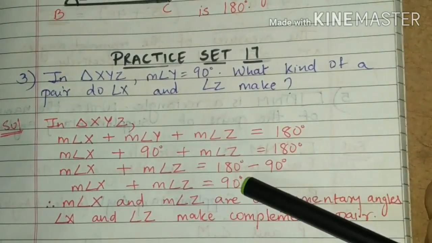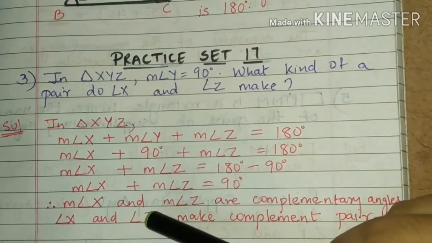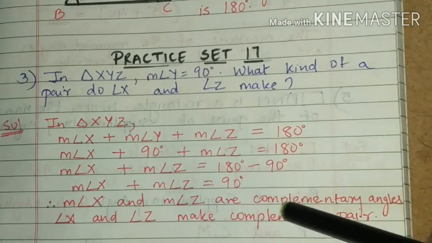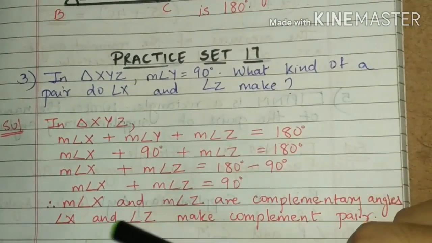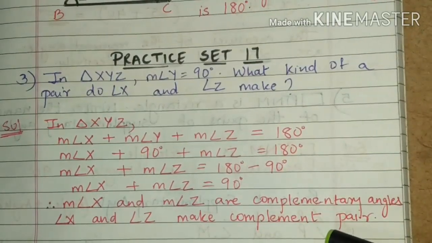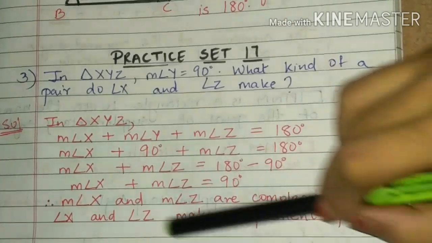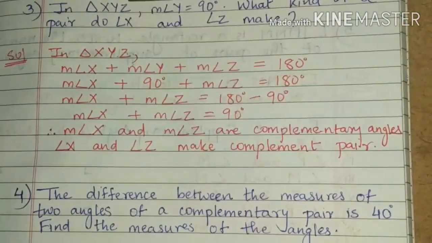So as you get the answer as 90 degree, so measure angle x and measure angle z makes what? Complementary angle. Therefore angle x and angle z makes complementary pair. Got it? Okay, so this was your third sum. Now next,